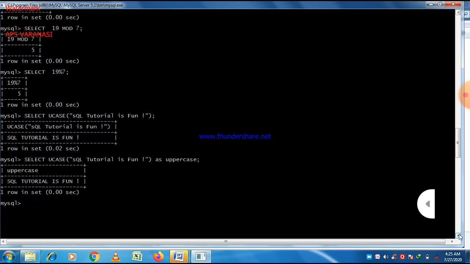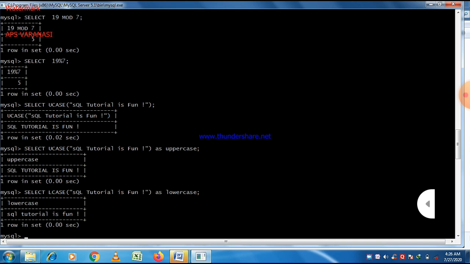And if you want to make a small change here, just try LCASE in place of UCASE. So the name of the function is LCASE. Use of LCASE is just opposite to that of UCASE. So using LCASE you can easily convert it into lowercase. Here you can easily see that.